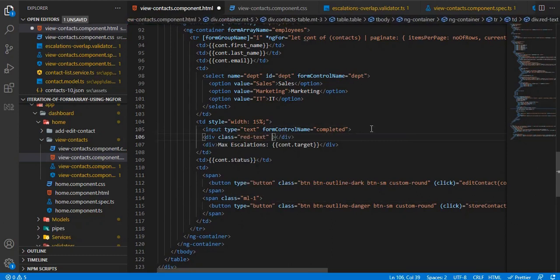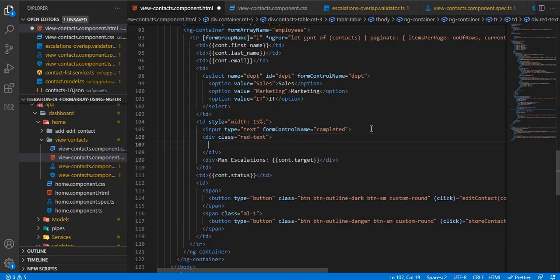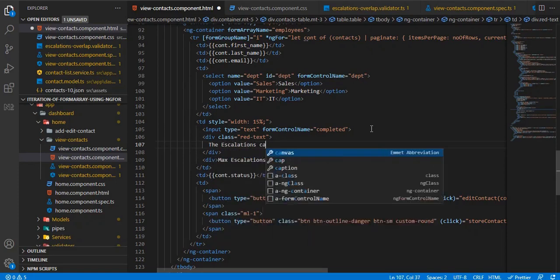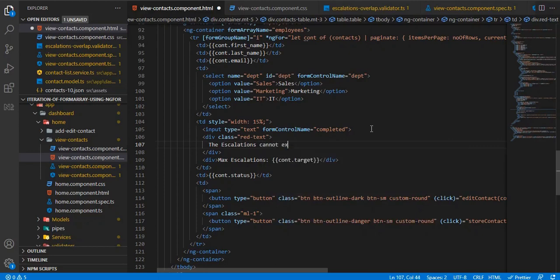This will just make the color red, and along with this we need to enter a value saying the escalations cannot exceed the maximum given escalations. Okay, and this will occur only when, let's give it an ng if here.